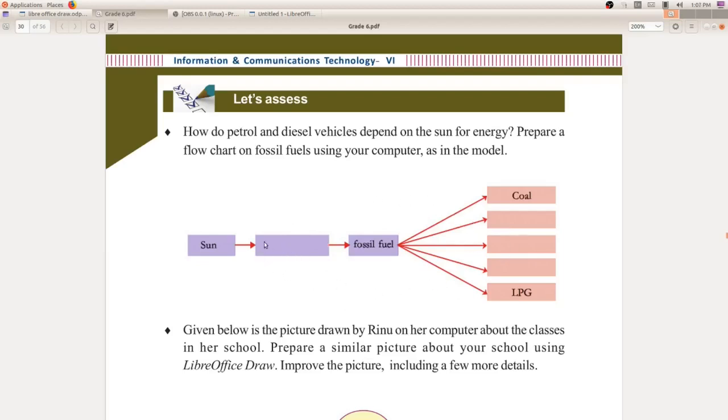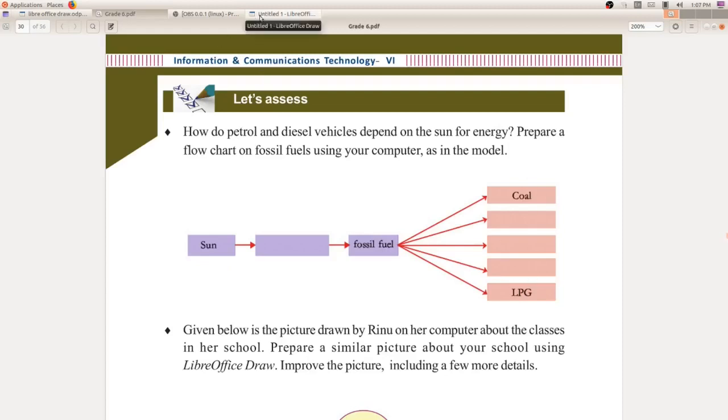So I will draw this picture. I'll fill out these blank spaces. You just take down in your textbook. So using LibreOffice Draw, I am going to draw this picture now. You just listen. Okay, so what is the first one? You have to draw rectangles. Use these connectors, and connect 5 rectangles here.